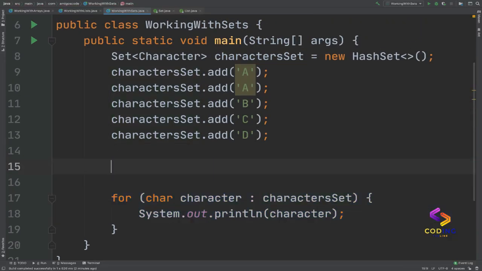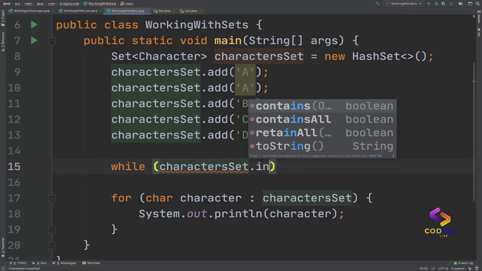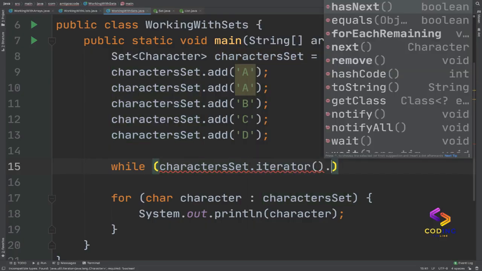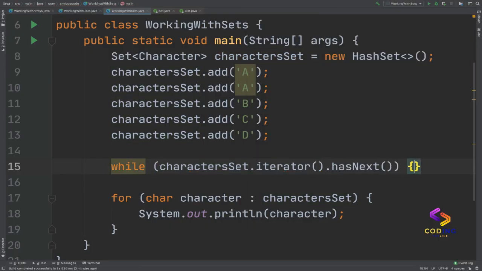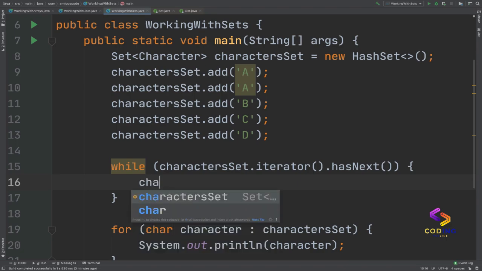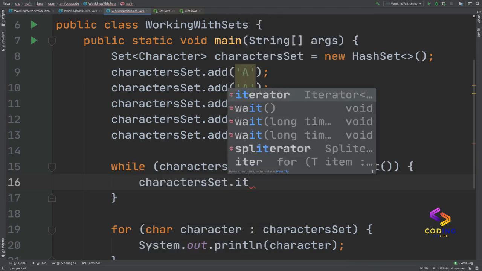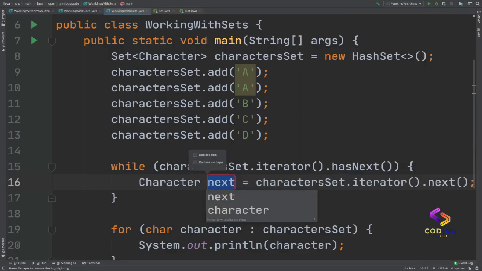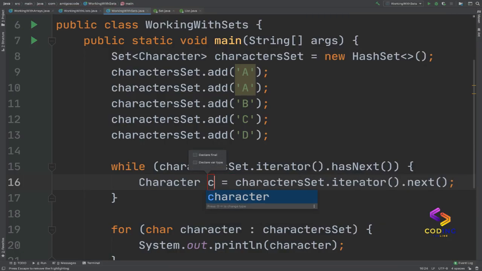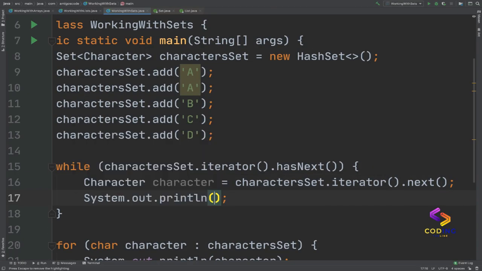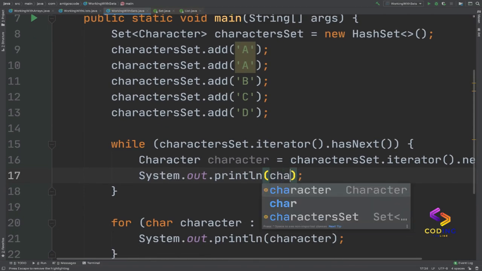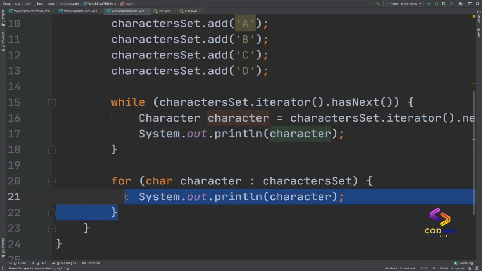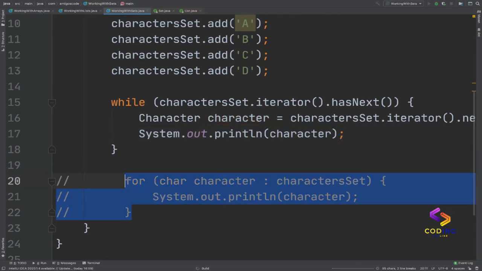So the way you loop with iterators is as follows. You can say while character set dot iterator, this guy right here, dot hasNext. Then right here, you can simply say character set dot iterator dot next. This gives you the next character. So let me simply say character here, and now you can loop this guy right here. So character, just like that. So if I comment this loop right here and then run,